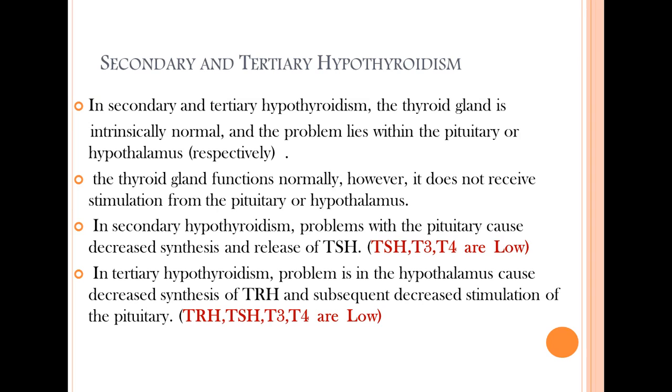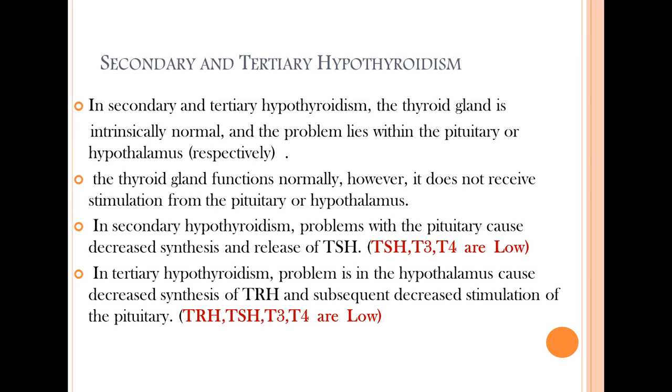So we differentiate between primary and secondary and tertiary hypothyroidism by the level of the TSH. In all cases T3 and T4 will be low. If the defect is in the thyroid gland itself, the TSH will be high. But if the defect is in the pituitary gland, because there will be no production of TSH, for example fibrosis or destruction of the cells that produce TSH by tumor, or surgery, or whatever the cause, the TSH will be